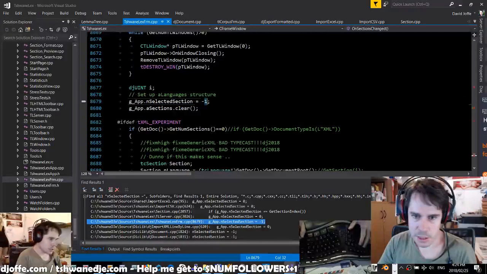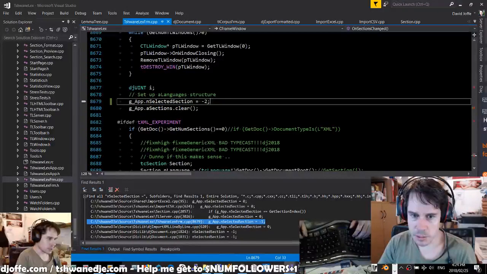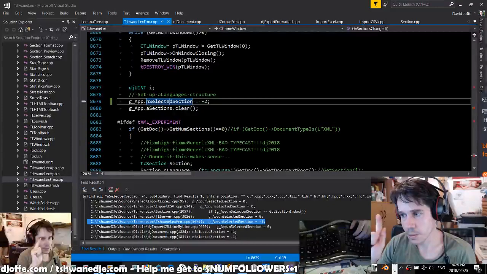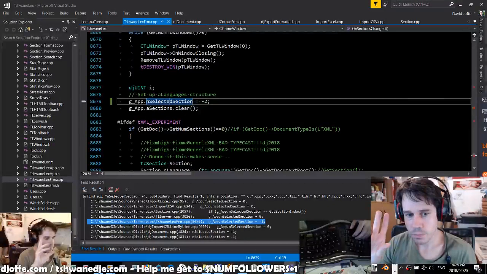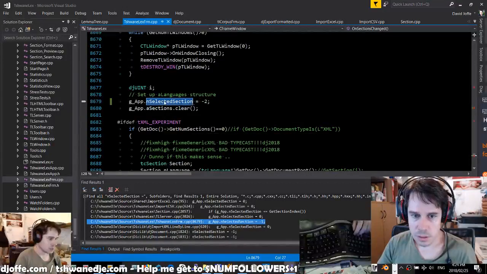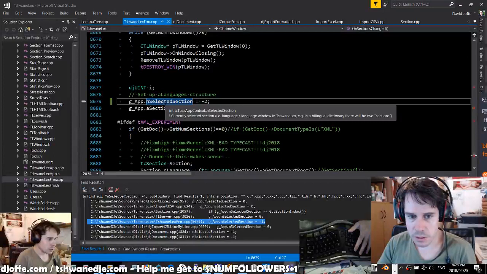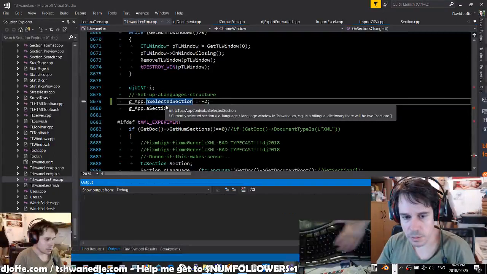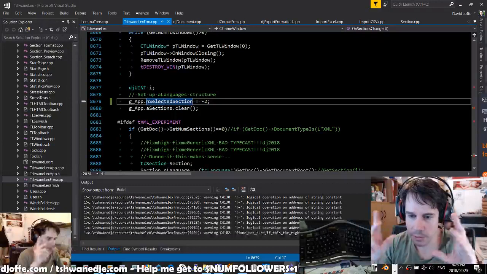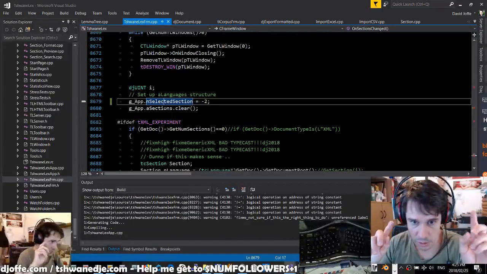I think we must try to distinguish between -2 and -1, because I can't tell if it's been set to -1 where it isn't working. I can't tell if it was accidentally set to -1 through like a bad find index, or if